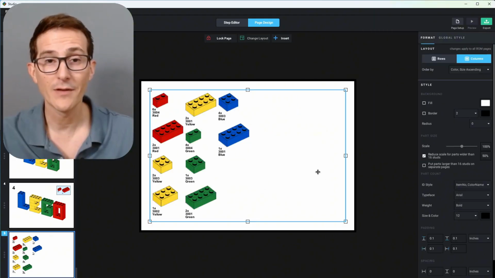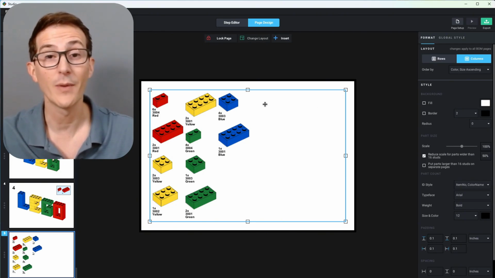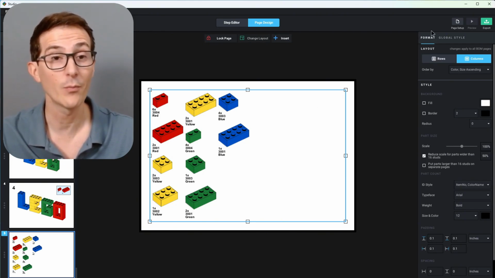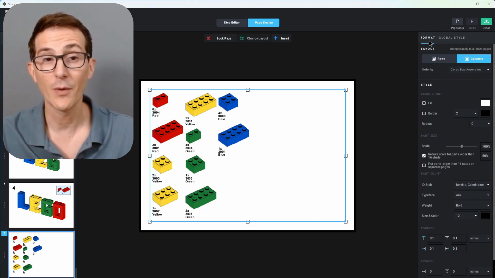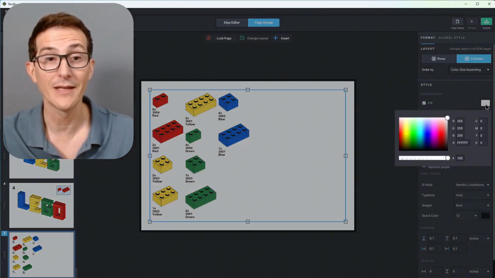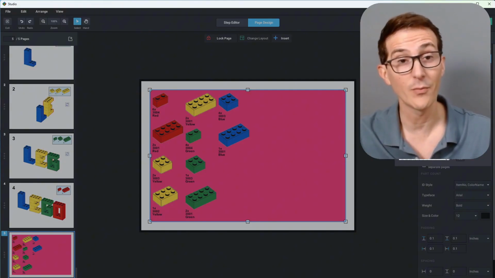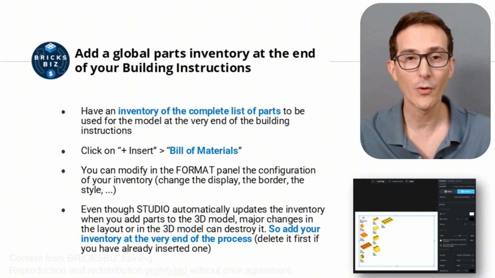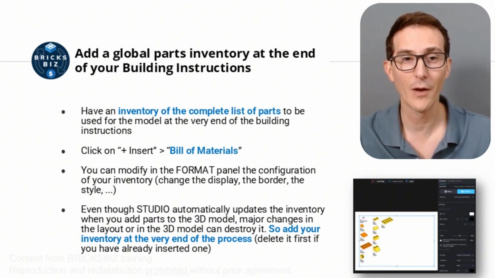When the parts list is too large, Studio automatically adds additional pages. If you select this part's inventory on the page, you also have the option of modifying its characteristics in the Format panel. This allows you to change the display, border, style, or width of the parts displayed in the Settings panel. One important piece of information to keep in mind, although Studio updates the parts list automatically when you add parts to